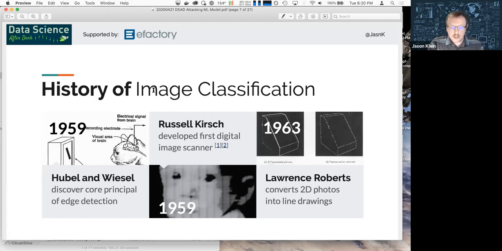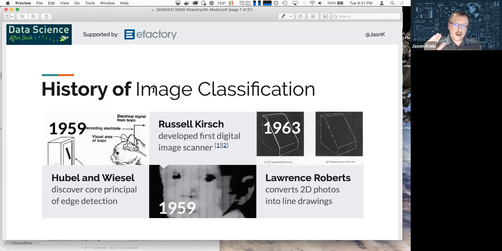So with image classification, all the way back in 1959, sort of predating a lot of machine learning work, there's a groundbreaking discovery, or at least most people in the computer vision or image classification world would tend to say, by a pair of scientists named Hubel and Wiesel, who discovered that when animals are looking at things, they're not looking at the entire object.